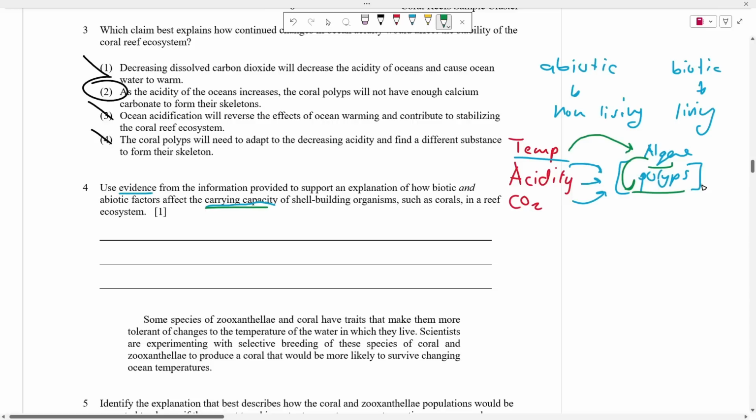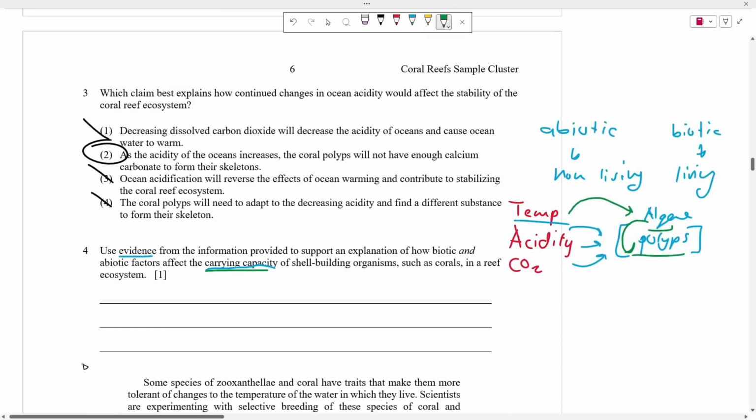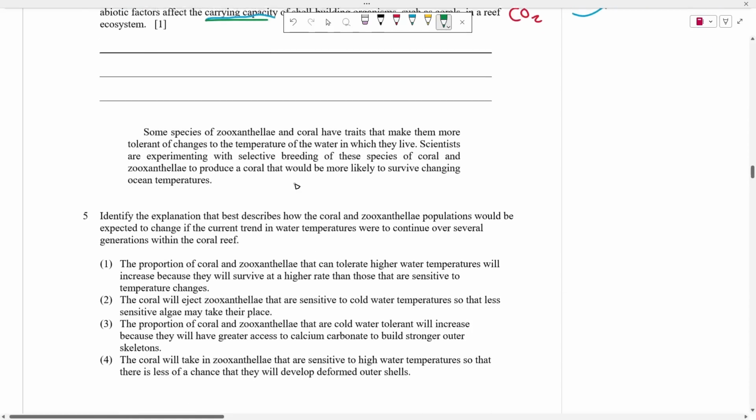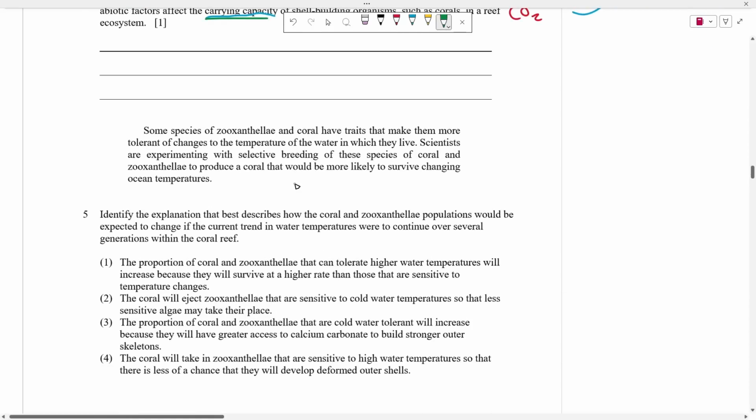So the best thing about this new exam is that there's multiple ways to answer this question because there's so much information or evidence that we can use to support our answer. So again, anything along those lines of what I've said so far would have given you full points on this question right here. Right? The section continues by saying that some species of zooxanthellae and coral have traits that make